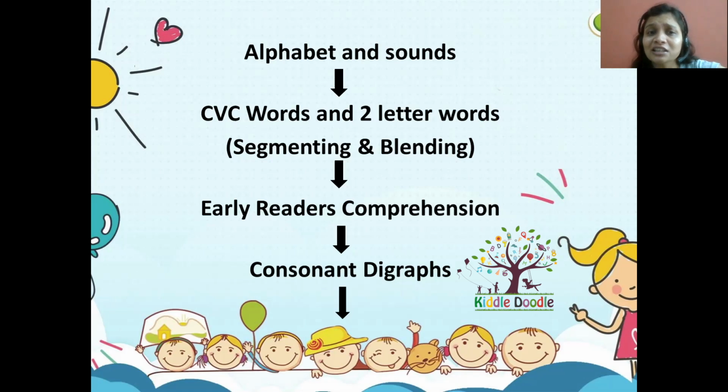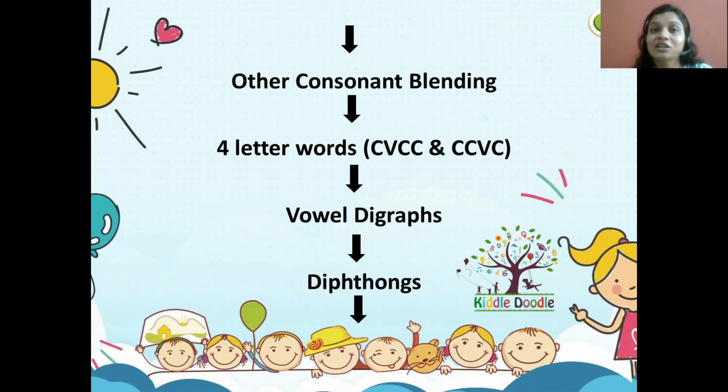Once the child is done with early reader comprehension, he would know cat is cat. But when C and H come together, it becomes ch. So you need to go stage by stage. Once the child is thorough with that, he would not get confused that here it was ka, now it is becoming cha. So you need to segregate your teaching in a stepwise manner. Once you're done with consonant digraphs, there are many more things, like consonant blending, and I think this is not the correct forum to go ahead with it.